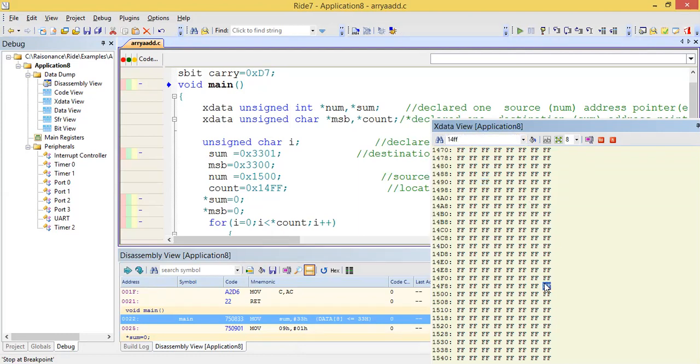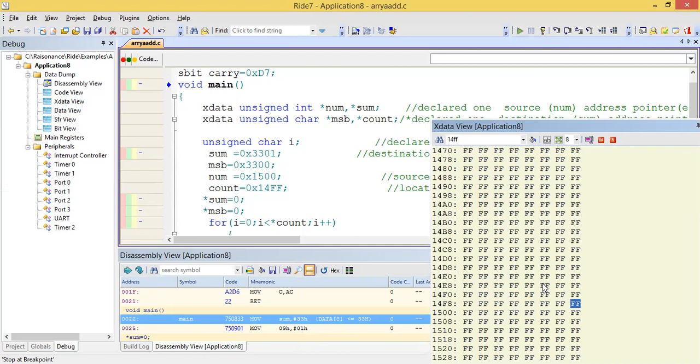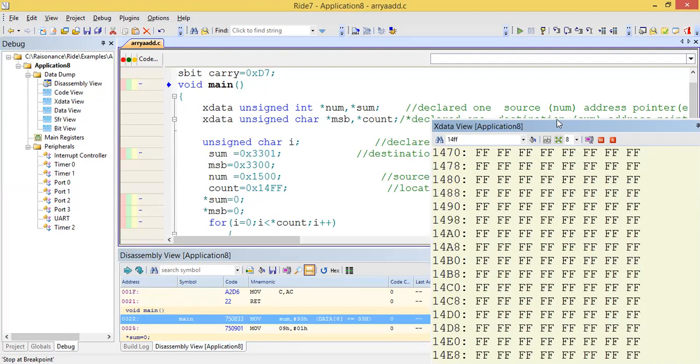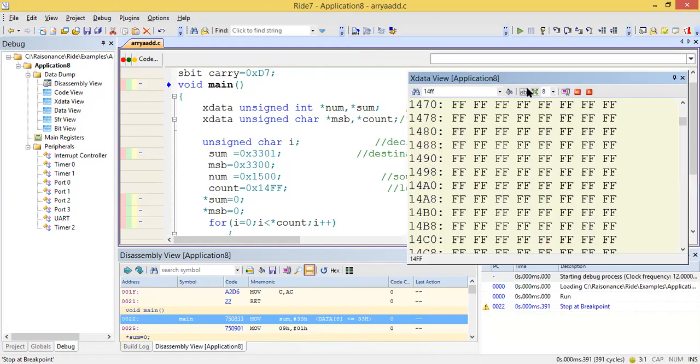First we will verify 14FF as the count value. Assume that the count value is 2 now. And the actual values are stored from 1500 onwards.